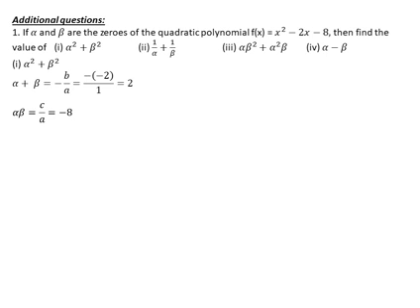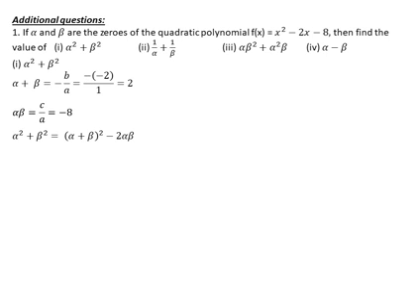Let me consider the a plus b whole square formula. What is the a plus b whole square formula? A plus b whole square is equal to a square plus b square plus 2ab. If the plus 2ab goes to that side, it becomes minus. So same thing, instead of a square I have alpha square, instead of b square I have beta square. So alpha square plus beta square is equal to alpha plus beta whole square minus 2 alpha beta. Now we converted in terms of alpha plus beta and alpha beta.